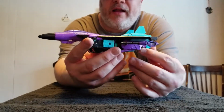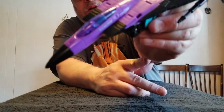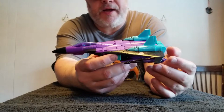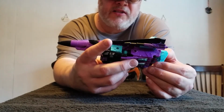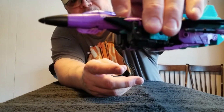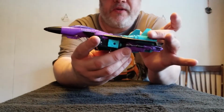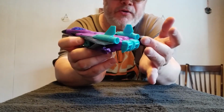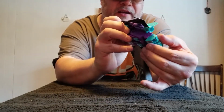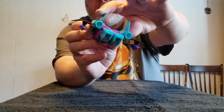There's no landing gear per se on this figure. However, if you look right into the cockpit, it is modestly detailed, so that does look really good. It's a good size jet. It's convincing. It's sleek. It is Ramjet. It actually says right on the side, Ramjet, just in case there's any doubt. The colors seem to mesh well. I've always really enjoyed Ramjet's design with these huge thrusters here, and then the main engines here. The feet actually nicely transform into the main thrusters, and these I just call booster packs,